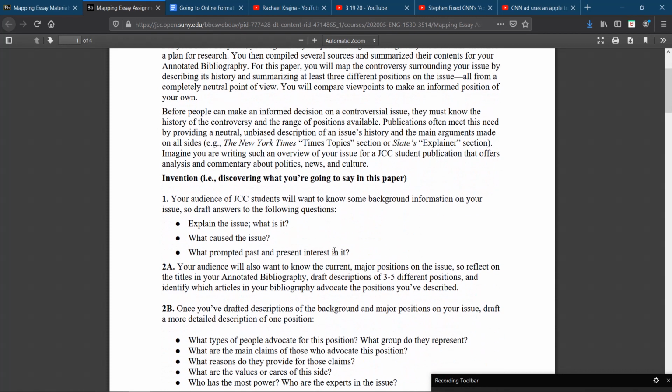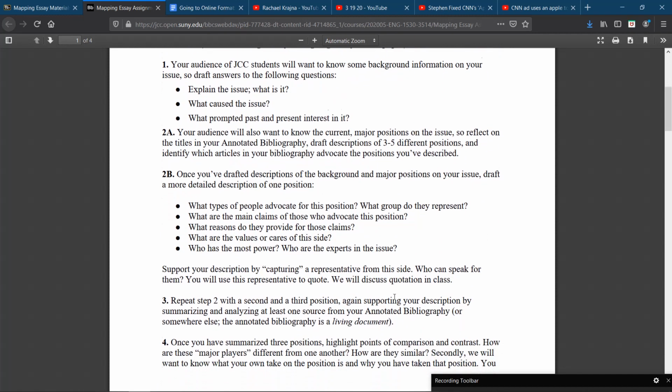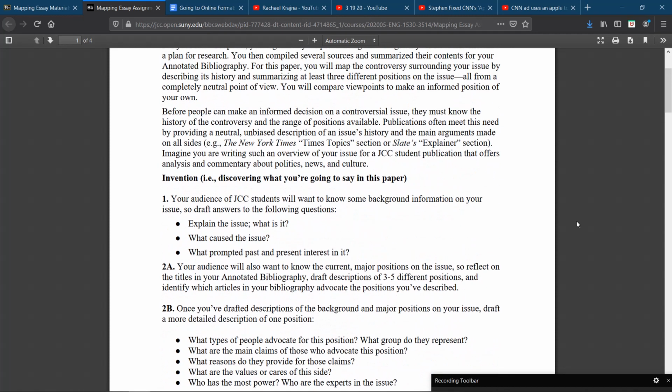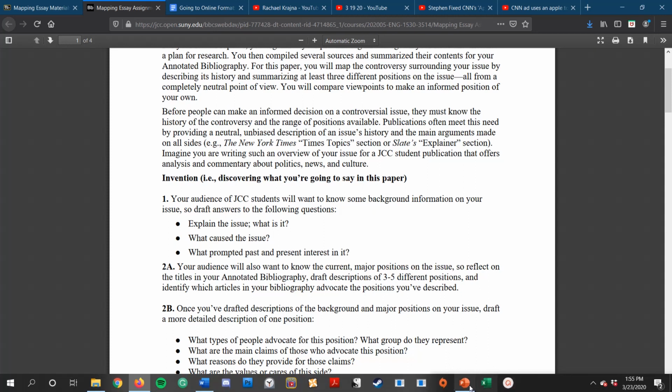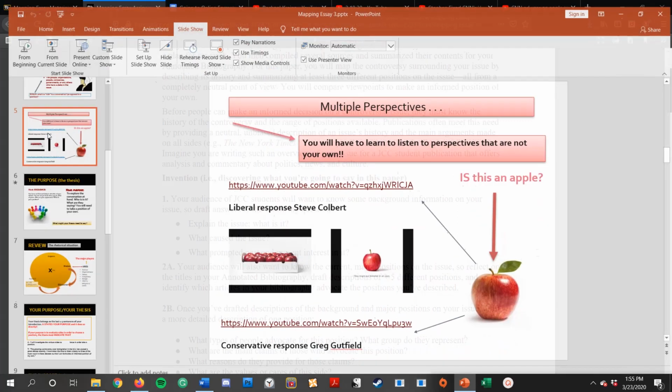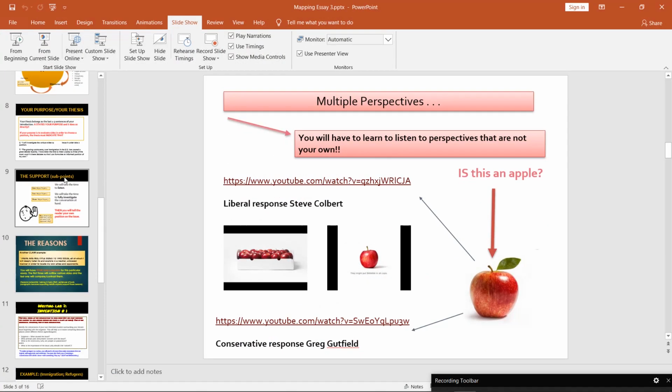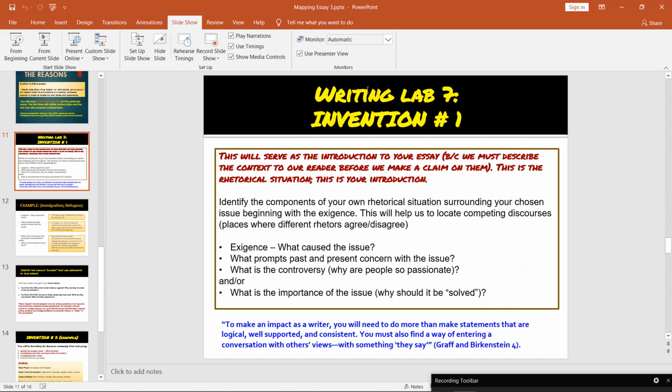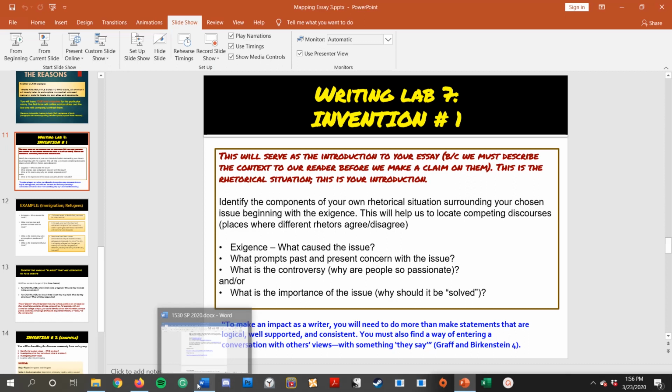I would also consider pulling this out, or even, if you can, printing it out. And here is the invention. So, like the PowerPoint and the inventions section, it's definitely great to consider the writing lab. So if you need a refresher, if you're lost and confused, the best way to start is looking at writing lab number 7, the invention. And then if you're still kind of lost and confused and need a refresher,